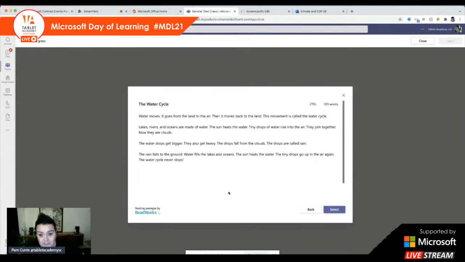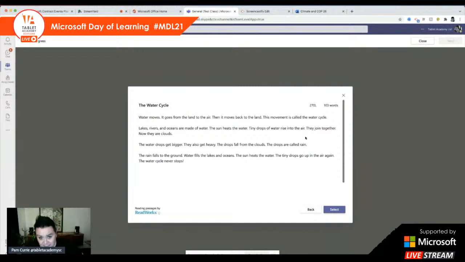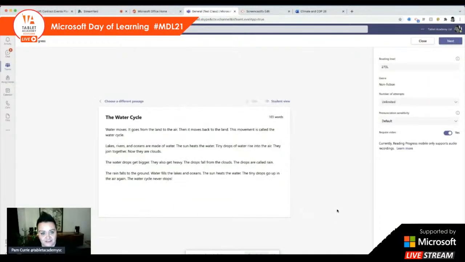The language and vocabulary is fairly straightforward. There are some bigger words in there, but again, nice short paragraphs, short sentences. This would be useful for one of my younger pupils in early first level. So if I click on this and select, you'll see that I get the opportunity now to see the student